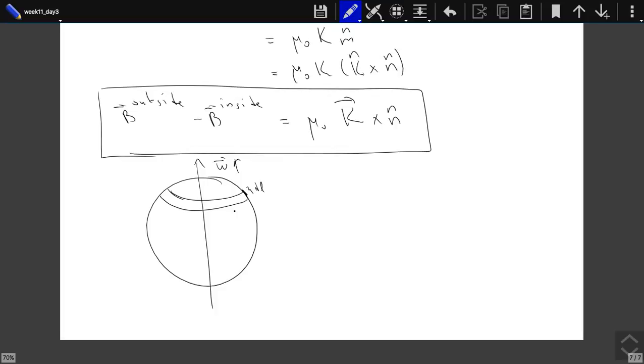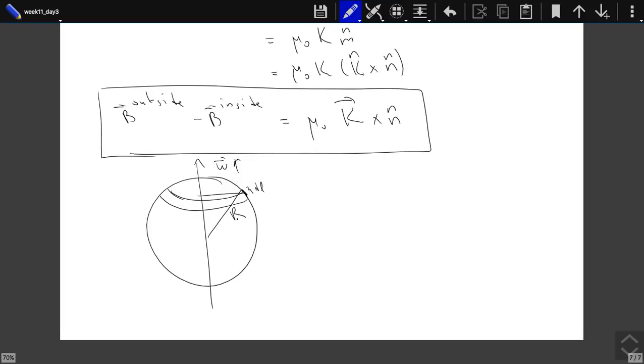If I can find the total charge, then I need to determine the time it takes for all that charge to pass that line segment. I divide them, I get the current running through that line segment. If I divide that current by dl, I get the current per unit length, which is my surface current density. Now, first of all, if I open that ring, it is basically a rectangle with the long side given by,